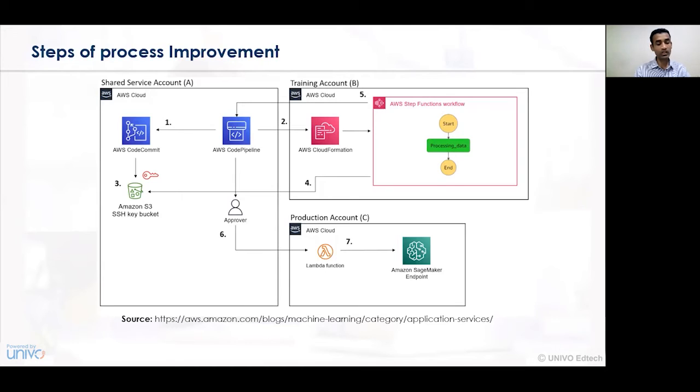After the code pipeline has been observed, the product is moved towards the approver, a management expert who verifies whether the completed activities are fulfilled in a proper, concise way or not. Based on the approvals, the production account department goes to the Lambda function. The Lambda function always focuses on the quality, aesthetics, packaging, price, amount, and such considerations of a product. Based on the Lambda function, the Amazon SageMaker endpoint comes into existence, and the product reaches a stage wherein process improvement, such as brand enhancement or cross-learning activities, is undertaken in a business organization.